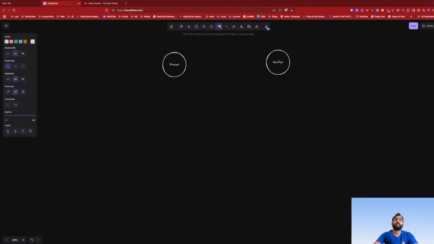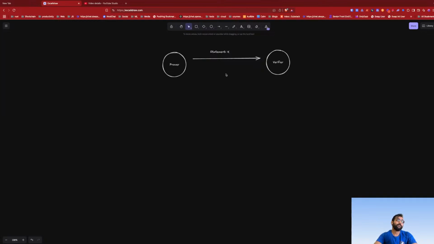The prover wants to prove something, a statement X, to the verifier, and the verifier wants to verify that the prover is telling the truth, right? That's the whole purpose.